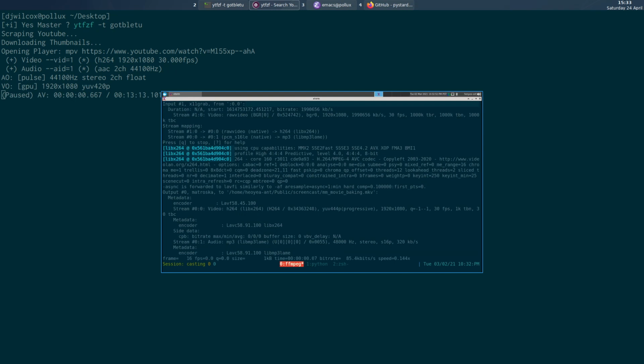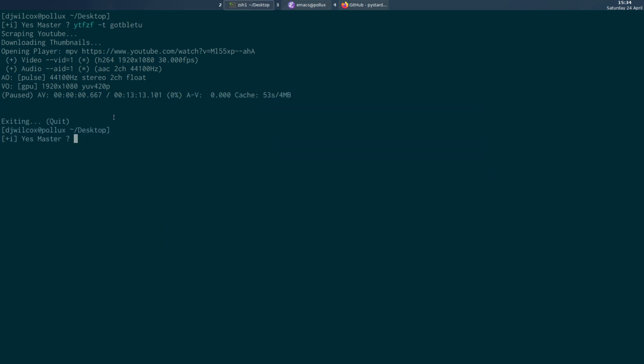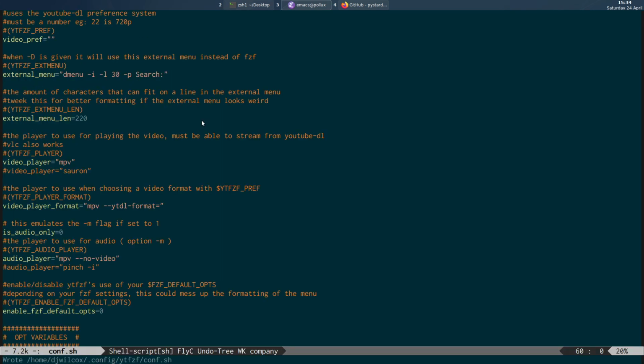But the issue that I have with this is, as you can see here, we've got MPV's on-screen display in the terminal here, so we can't use this terminal until this video is finished. So if I quit the video, you see the terminal's released. So that's the issue, it's hogging the terminal once it opens the video. So what I'm going to do is switch across to the